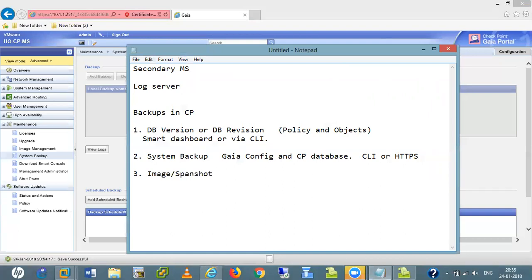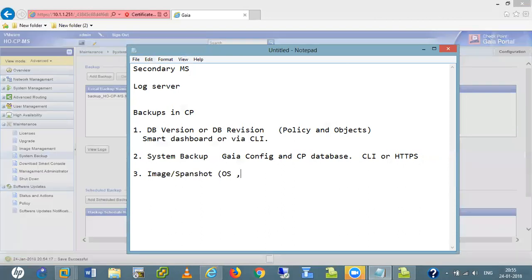So basically it contains the operating system, OS partitions, this Checkpoint database, the CP database.